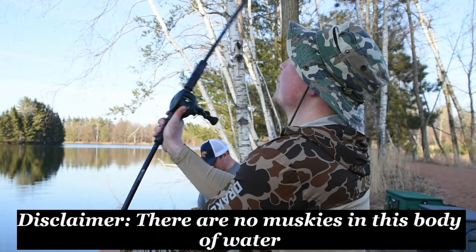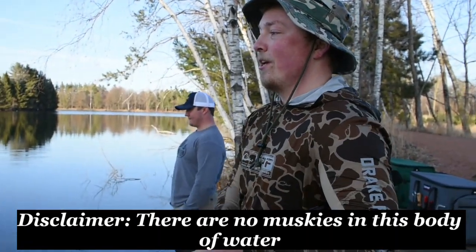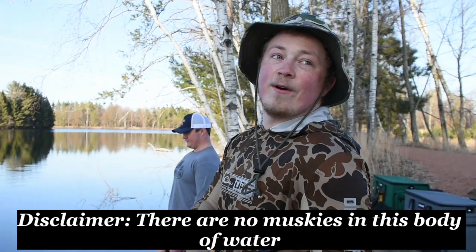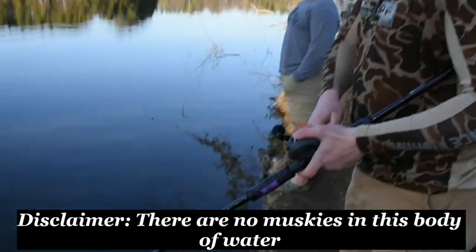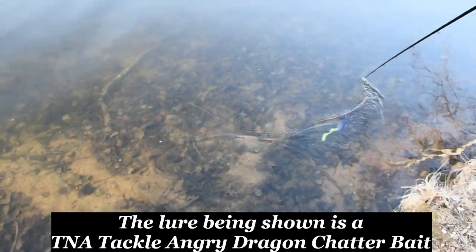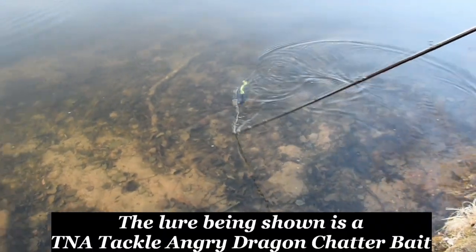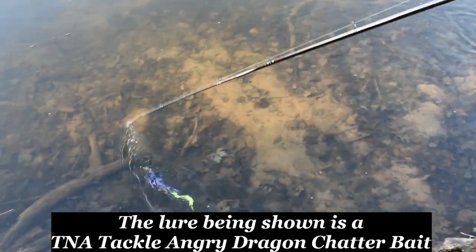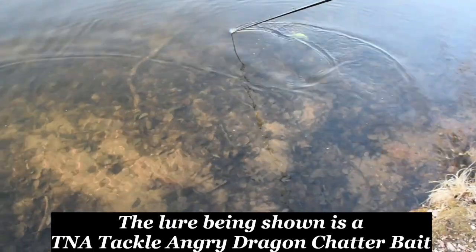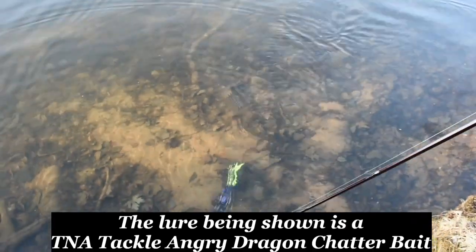Yeah, and so one thing we gotta talk about with lures is every time you cast and bring your lure in, you want to do what's called a figure 8 at shore at both sides. So as I bring my lure in here, basically you take it and you do one big turn and you loop it around and just draw an 8 in the water with your lure. Basically what that does is any fish that is following your lure,